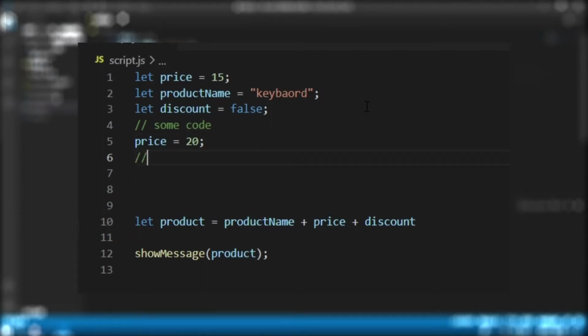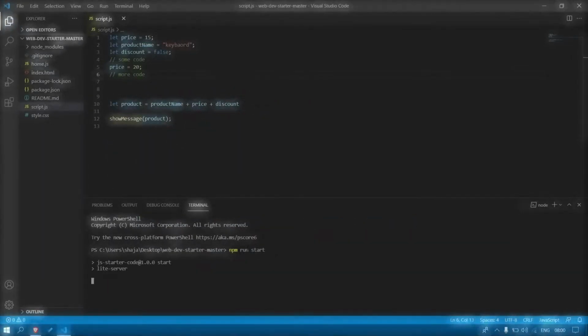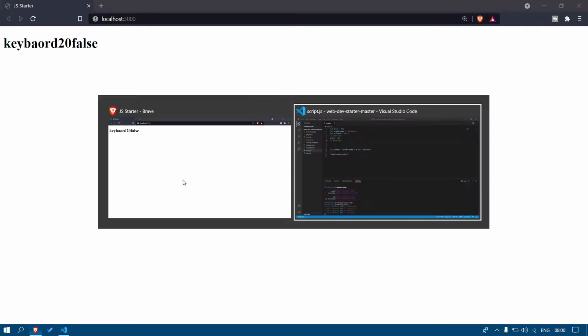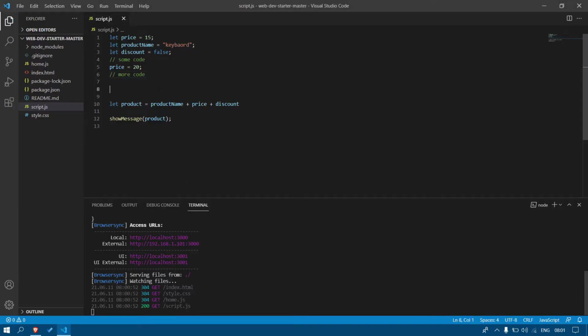Now let's just pretend that there's even more code under this, and now let's save our code and pull up the terminal and type in npm run start. And as you can see right here, the price is updated, and this method is a lot simpler than updating the original value, as there is a lot more scrolling and finding involved